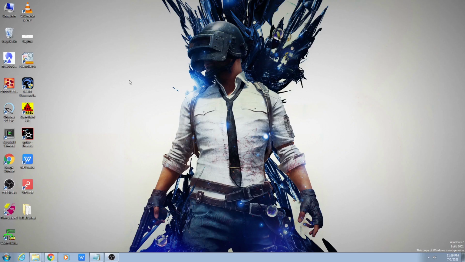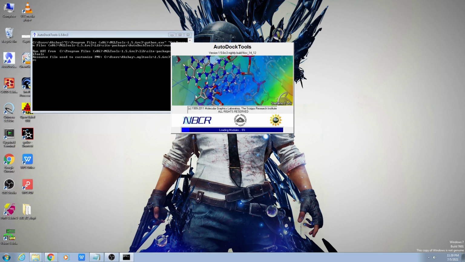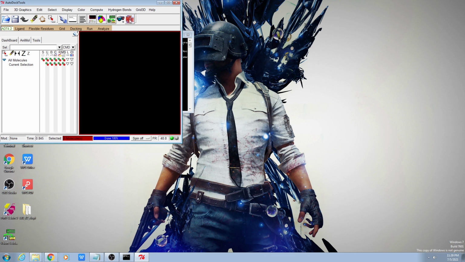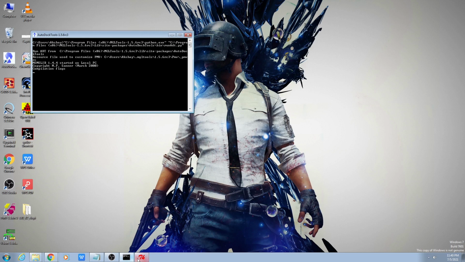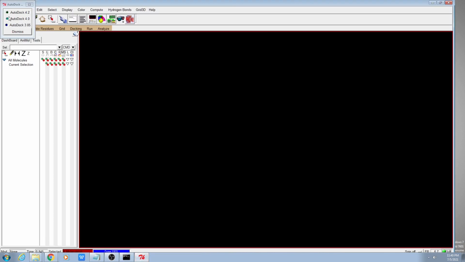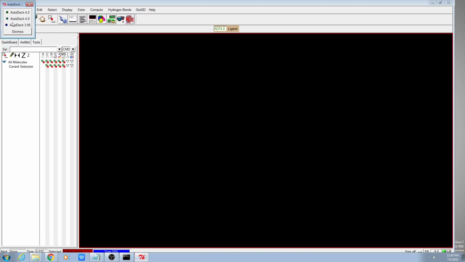For molecular docking we are using AutoDock Vina 4.0. So we click on the blue color icon, AutoDock Tools. For this you need to install MGL Tools. Now this is our main screen. It shows ADT 4.2 but we need 4.0, so we have to double click on this, minimize, then maximize. Our default windows will pop up and we select AutoDock Vina 4.0.